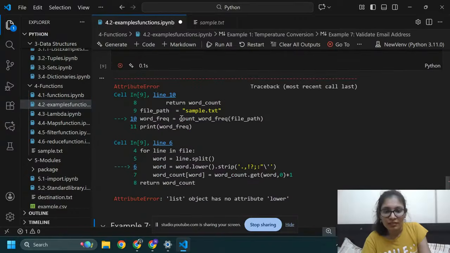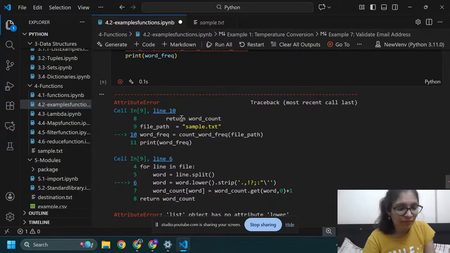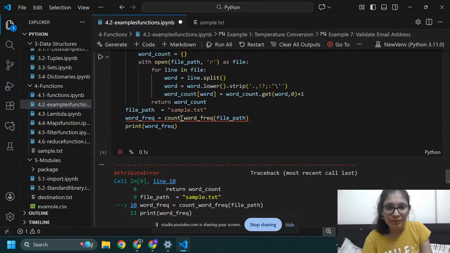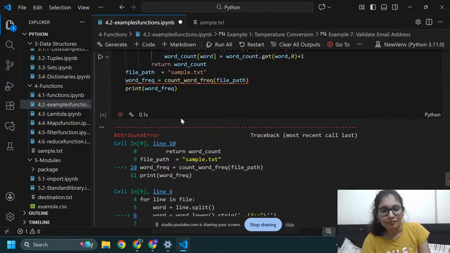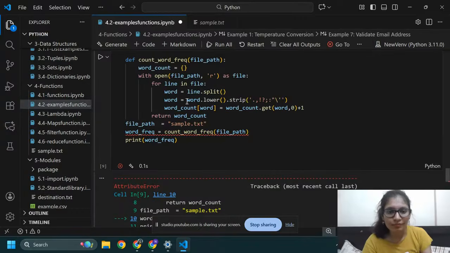Again, list has no attribute lower. Let me check word.lower.